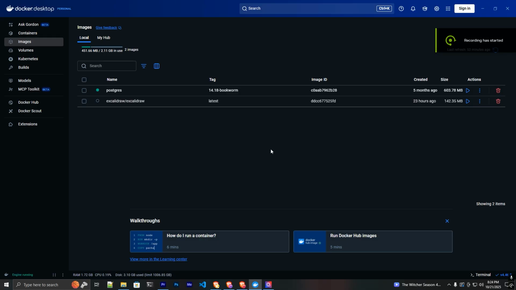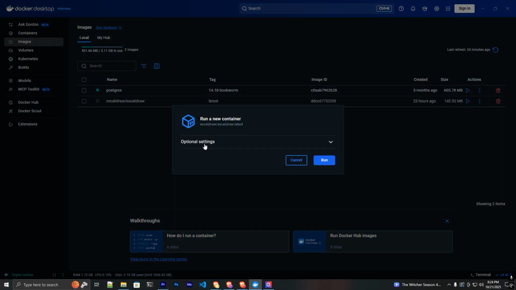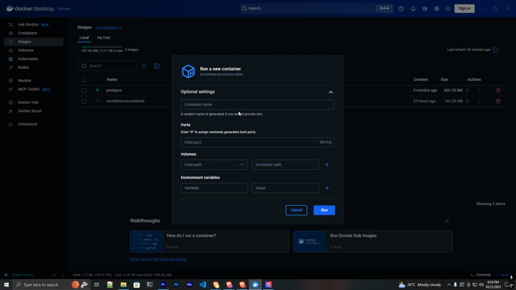After you pull the image, go to your Docker application's images section. In here you will see this Excalidraw image. To run this image, click on this run button, and it will ask you to add some additional settings such as volumes and other things. In this menu, make sure to name the container, otherwise you will end up having trouble finding it within this containers tab, because it will take a random name if you don't name it properly here. I name it Excalidraw,